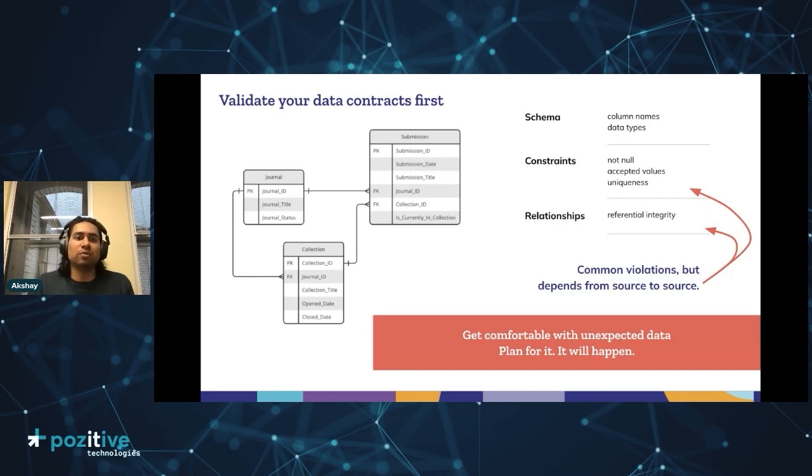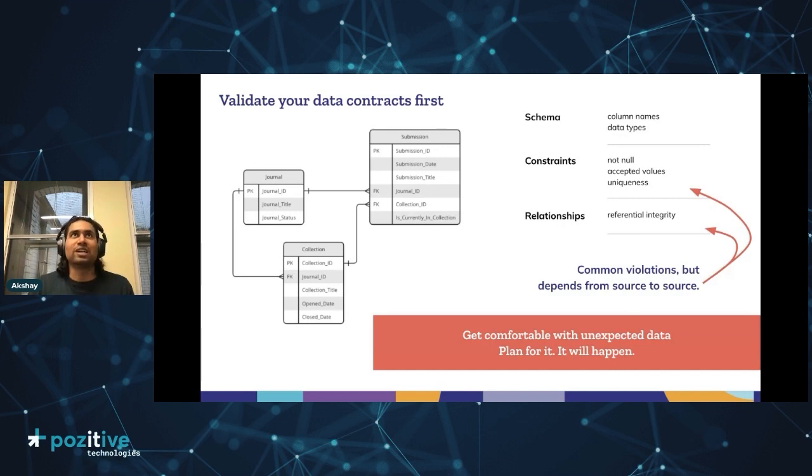There were cases where we went back to the source team saying, can you actually fix this data, which you said you wouldn't send us based on the data contract that you agreed. And then they came back saying, yes, we'll just add it to our backlog, and then it never got fixed. So you can definitely get bad data.